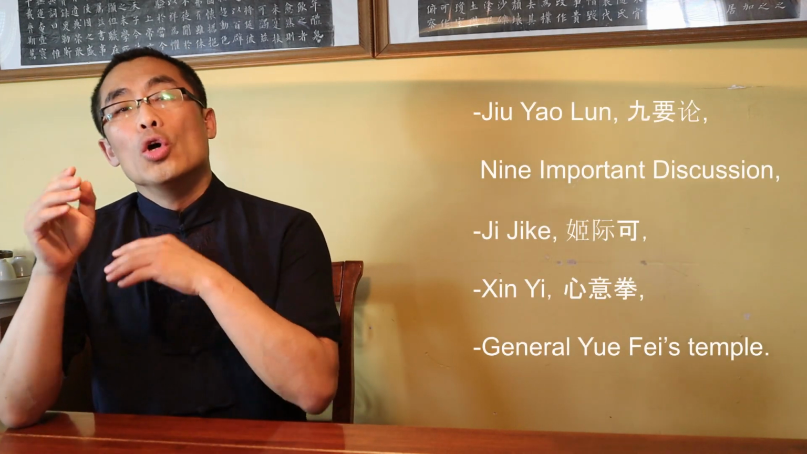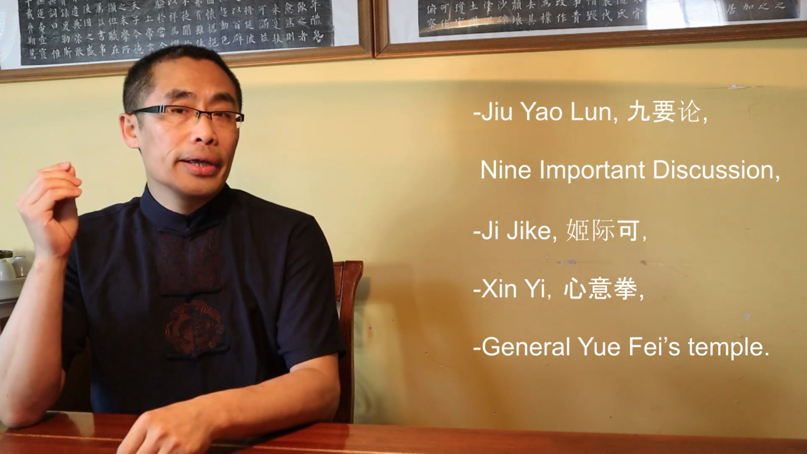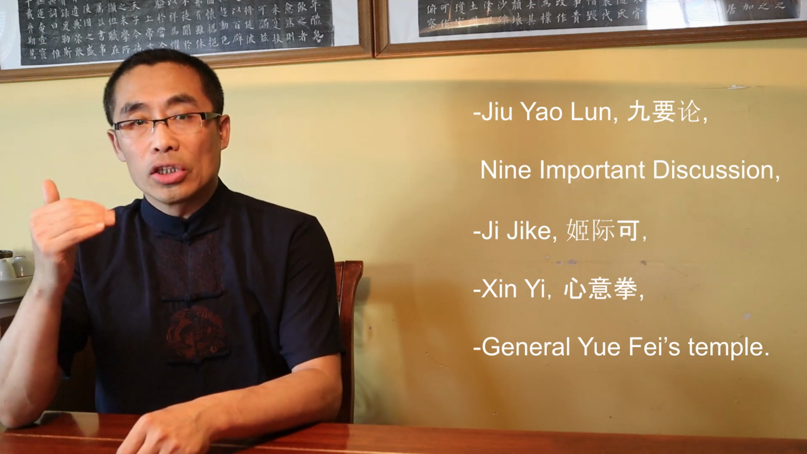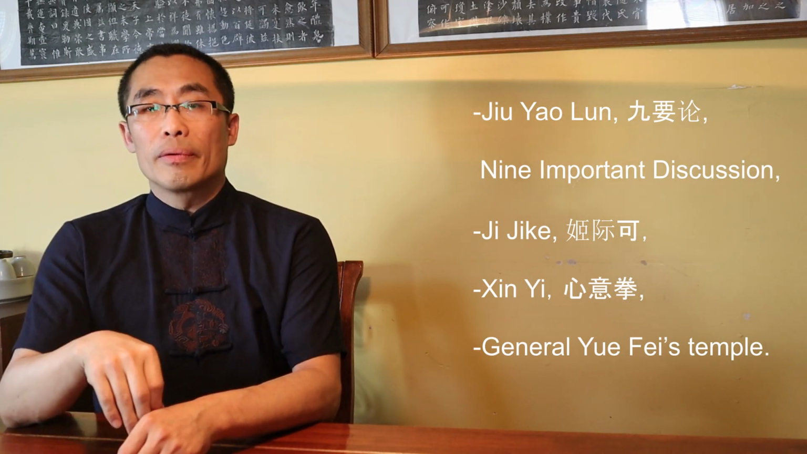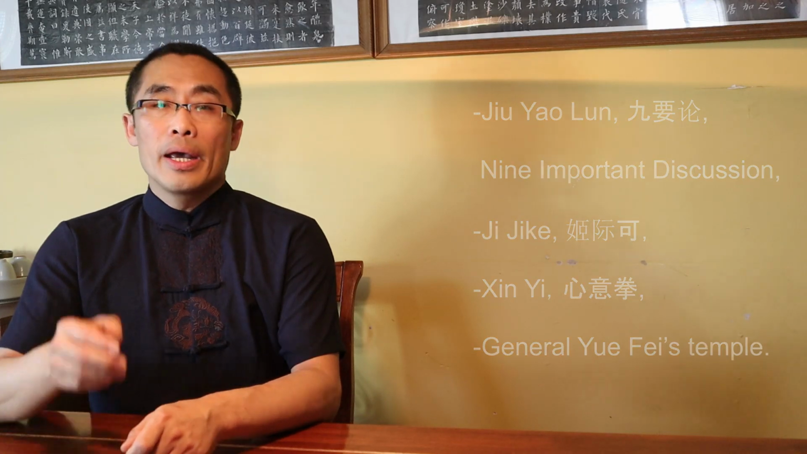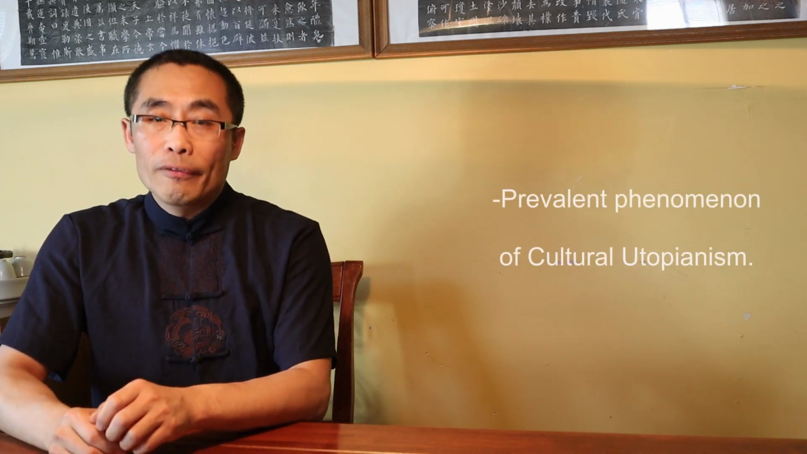I introduced the martial art document 九要论, or Nine Important Discussions, which is one of the oldest theory documents in the internal style system. It is said that Ji Jike, the Xing style founder, found the book in General Yue Fei's temple. It is also said that, based on research, this book was not written by Yue Fei at all. It's more likely that it was written by Ji Jike himself, but attributed to Yue Fei due to the prevalent